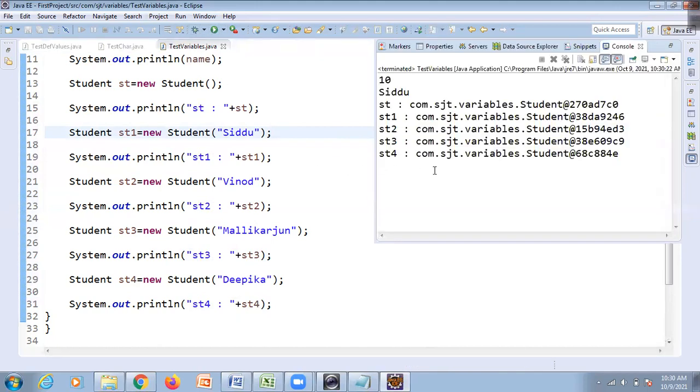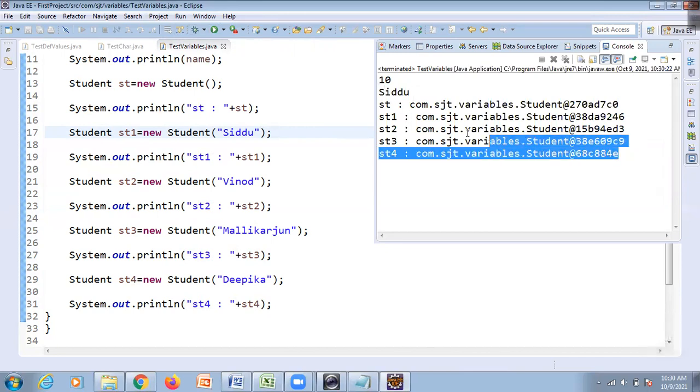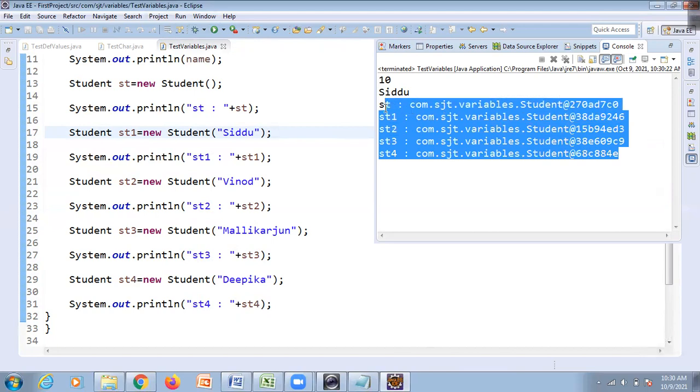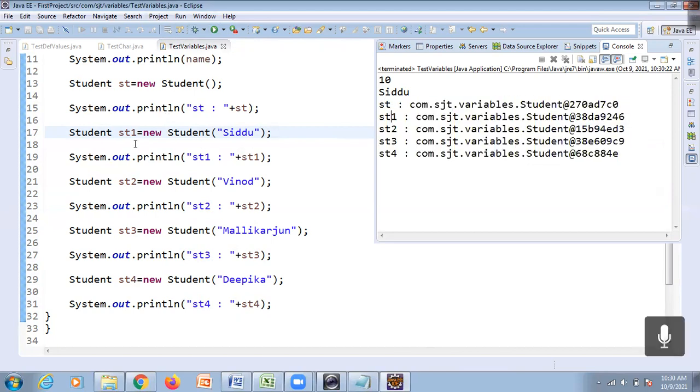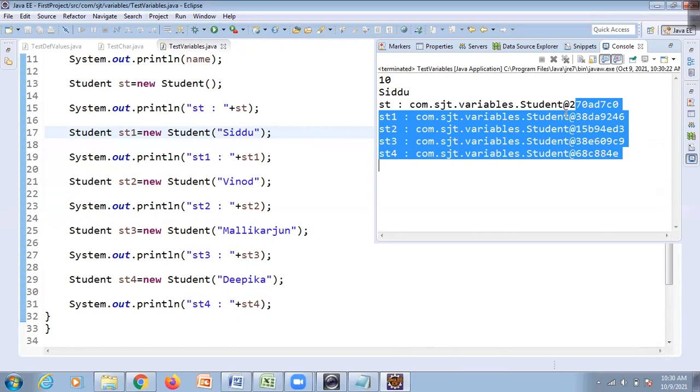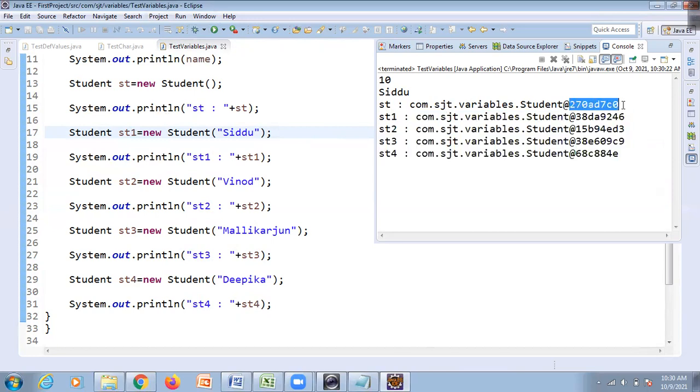Let me print this. Let's see. This is for primitive, this is for string, and this is for the ST object; just observe here. For all the 5 student reference variables, objects are created, all different objects. The name is the same, but this hexadecimal value is different for all of them.